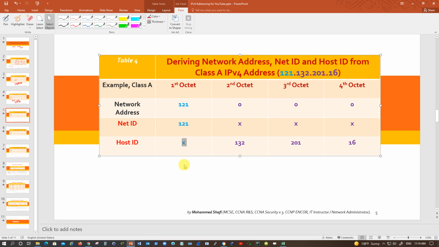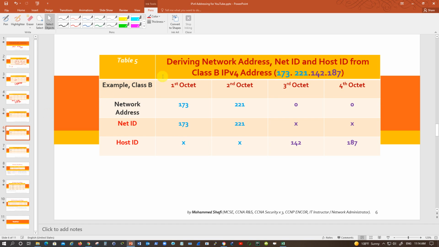For the host ID, you need not write anything here. I found some people writing 0, but 0 will make things entirely different. If somebody sends a packet from 0.132.201.16, that means the network belongs to a reserved class of class A. So never write 0 here. Just write X, or any letter that is not compatible with the boxes or fields available for IP addressing inside the PCs. So the host ID is 132.20.201.16 in this network.